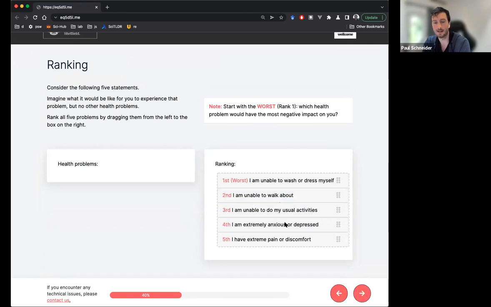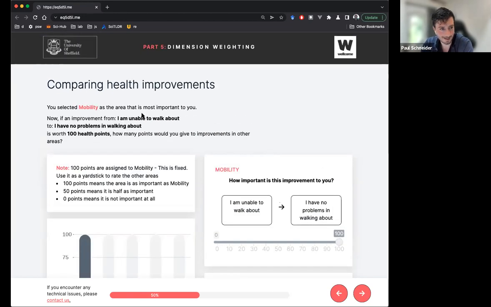I guess this task is useful because it introduces the user to the idea that you can compare different health problems, which is not something that many people do often. And we also use the responses in the next task. Here, for example, I've ranked I'm unable to walk about as first, as this is for me the worst problem. And so if we continue to the next task, then here we say, okay, you selected mobility